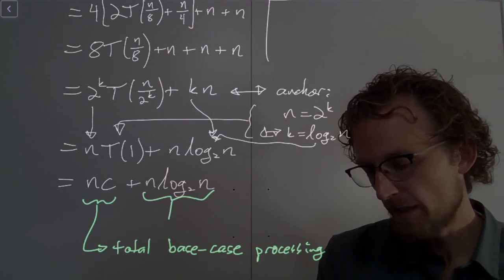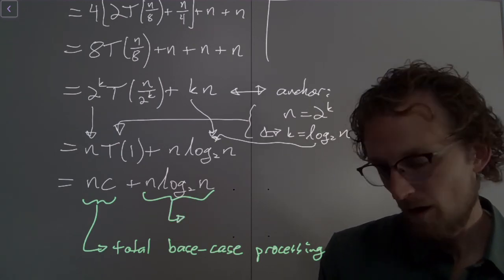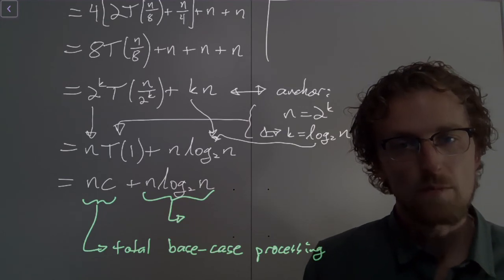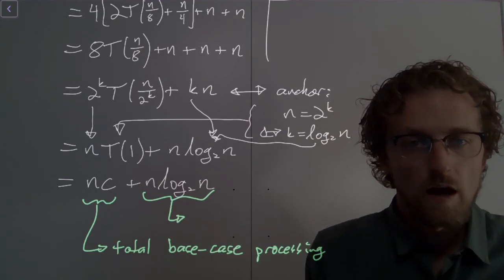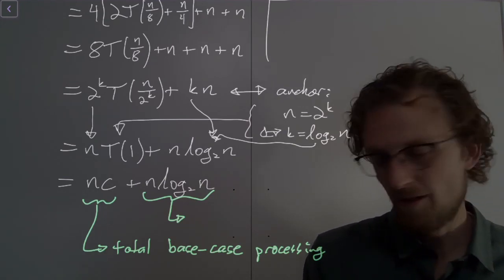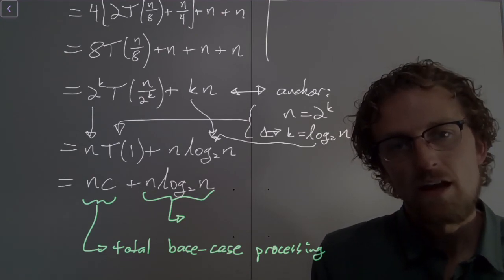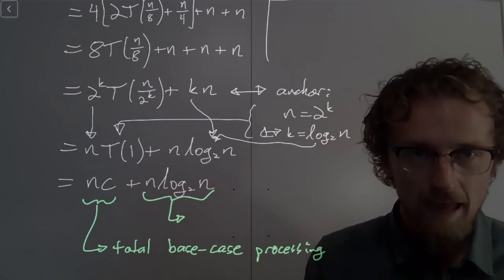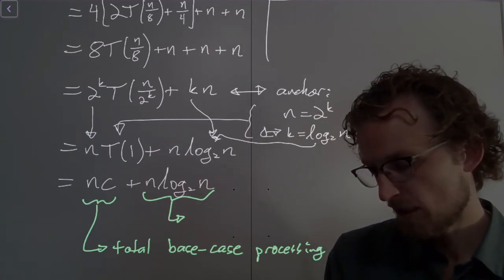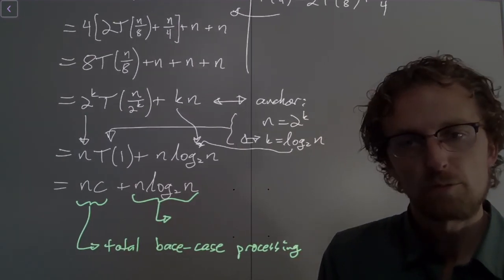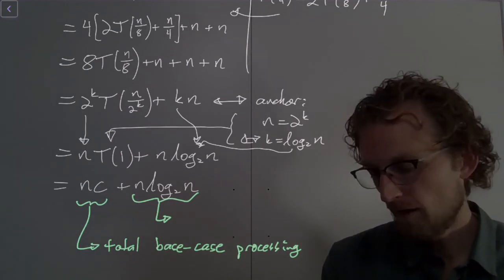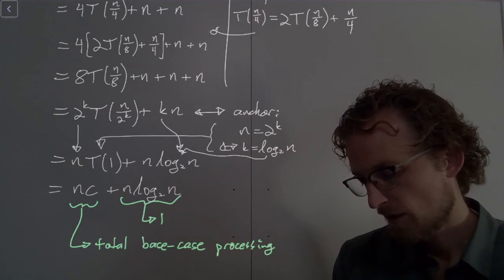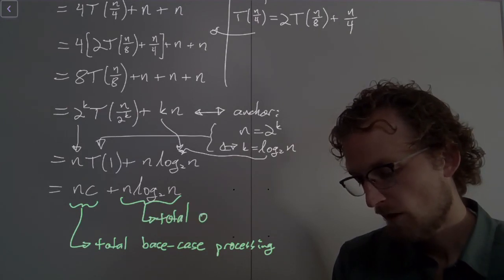Okay, and why does this expression make sense? Well, if we are cutting the input in half every time, we're going to have about log 2 of n recursions, right? So that's what that log 2 of n is. And every time, at every level of recursion, we have n overhead. Okay, so this is the total amount of processing time that was spent computing the splitting overhead. Right, so this is the total overhead